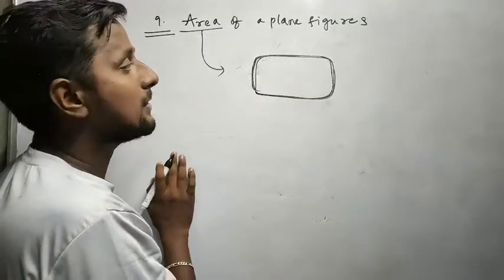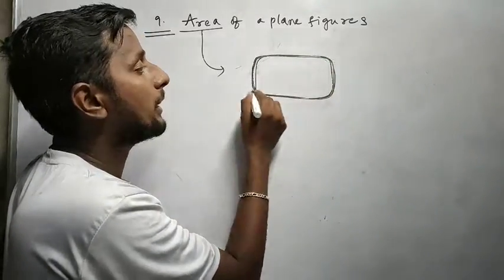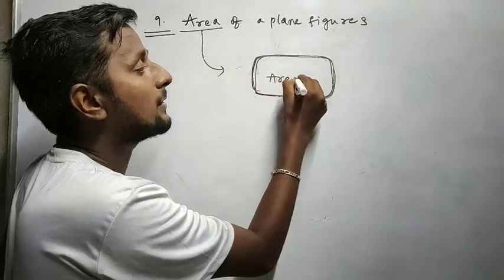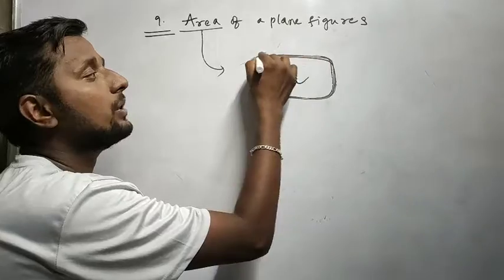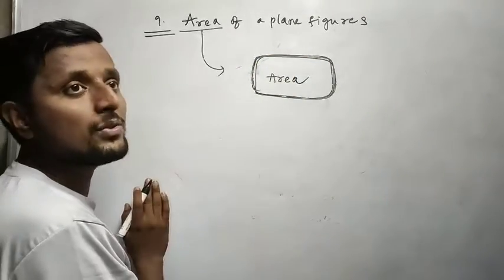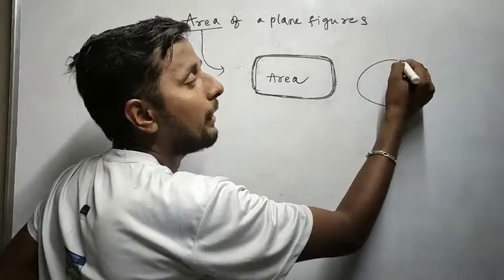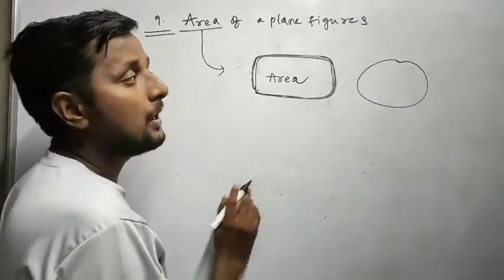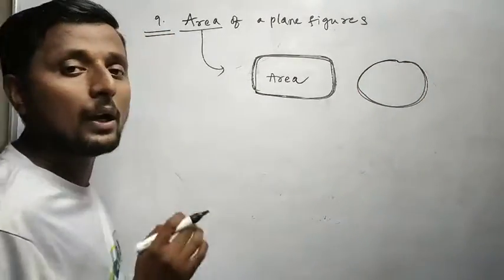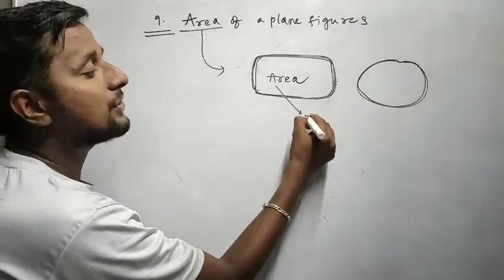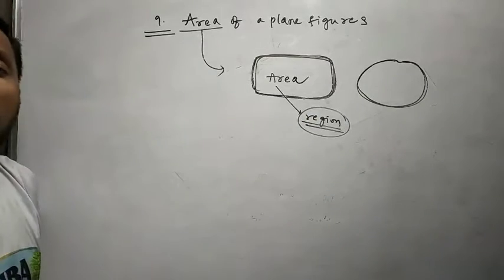So here also I can say whatever amount of surface is enclosed by boundaries, that surface can be called area. Yes. So simply we know the line is boundary, correct? The boundary is enclosed, that means it's not open, it's already closed, correct? So the boundary encloses a certain amount of space, that amount can be called area. The amount of region enclosed by its boundaries is called area.